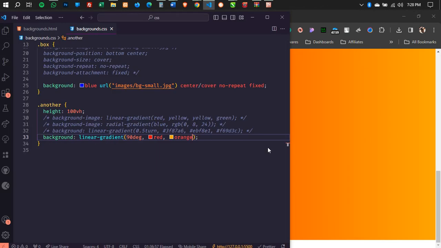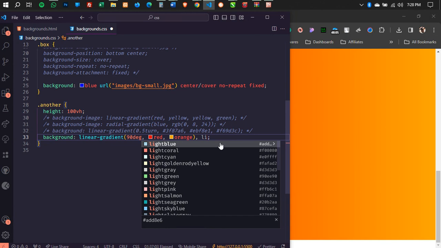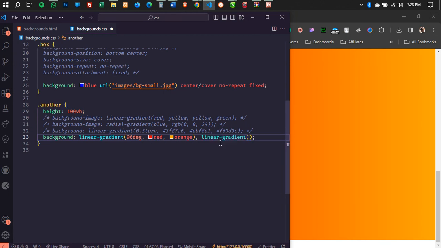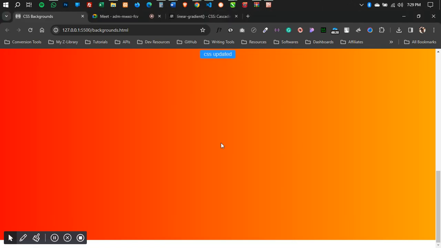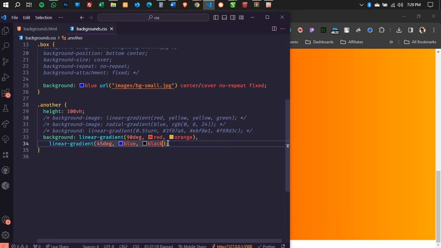And that's how it goes for you, right? Then you can now come and specify another color again, another linear gradient. All right. Then I can give it 45 degrees. All right. Then I can give it a starting color of blue and a starting color of black, and nothing is happening. Then let me specify another one, and it's a linear gradient